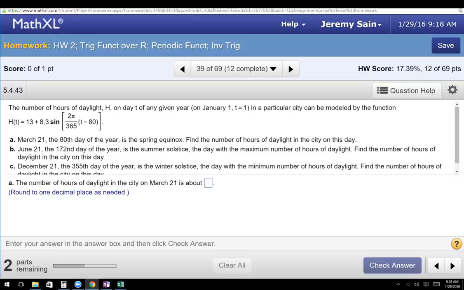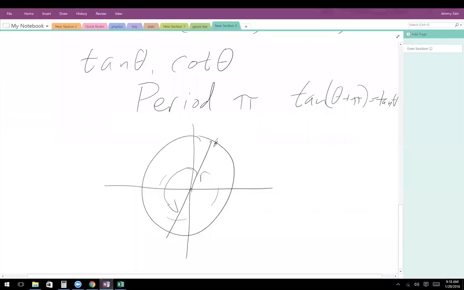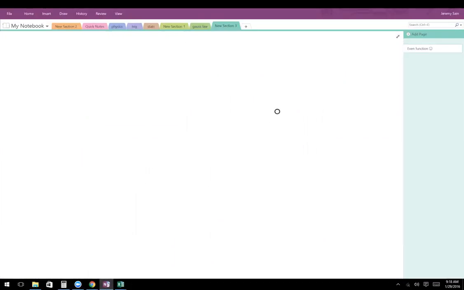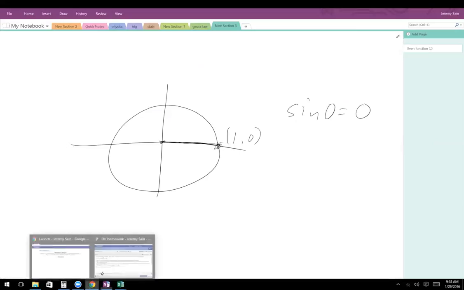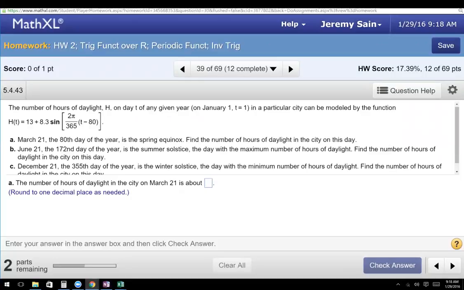So if I think about the unit circle, let me draw a picture right quick. Unit circle, if I go 0 degrees, right there at 1 and 0, and sine is the y coordinate, right? So sine of 0 is 0. So going back to my problem, this sine part is all 0. 0 times 8.3 is 0. So h is